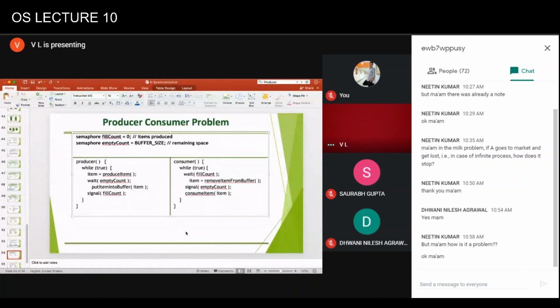So this is the correct solution for the producer-consumer problem. Now, this solution would work only if there is a single producer and a single consumer, because both of them will be using different indices to write and read from the buffer, so there will not be any conflict. But if there are multiple producers and multiple consumers, then multiple producers are changing the value of P index and multiple consumers are changing the value of C index, and that could create a problem.